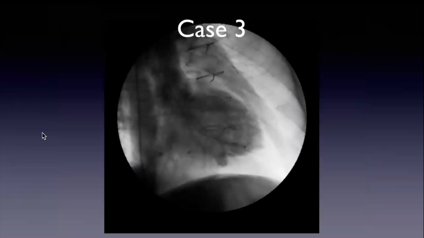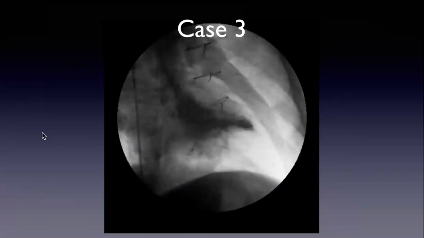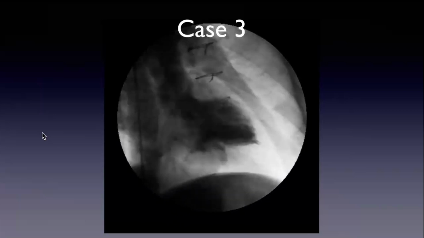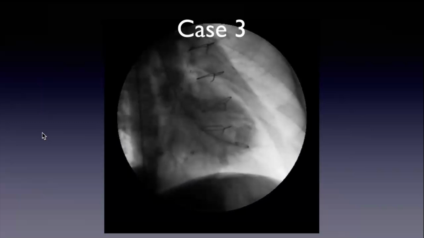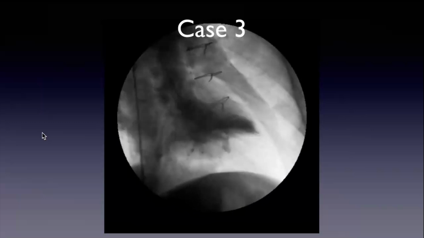So I have to admit, the LV angiogram shows it better than the contrast echo, although that's a big bet back in 2004. In today's world, probably not. So the flip side is that we actually don't do LV angiograms a lot, and the flip side is that